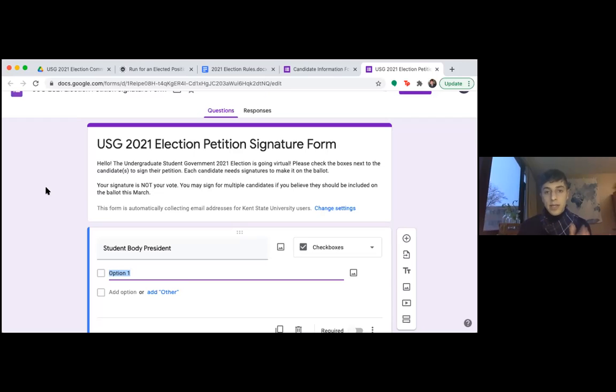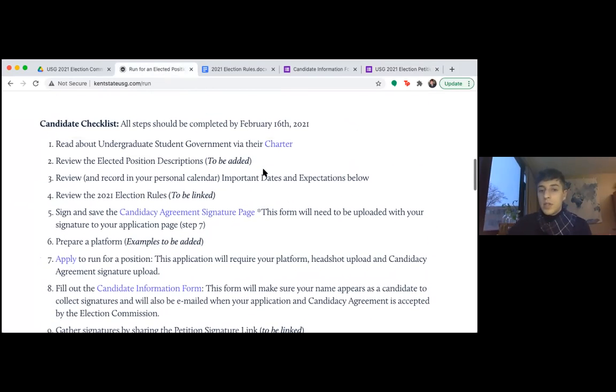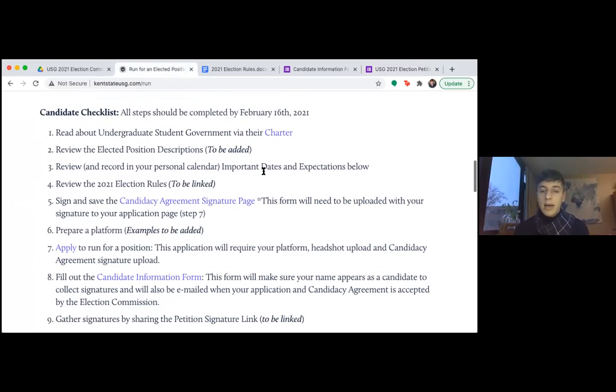Again, campaigning and petitioning are slightly different, still garnering people's approval, but the petition is getting to the ballot. You make sure people know when they're signing it, you're not voting for me, you're just supporting my perspective or putting my perspective or experience on the ballot later on. And then post petitioning, once you're on the ballot, we'll go ahead and move on to campaigning. But we kind of already covered most of that. Again, there'll be some events and dates that we'll talk about. But that is the informational session that I've delivered today.